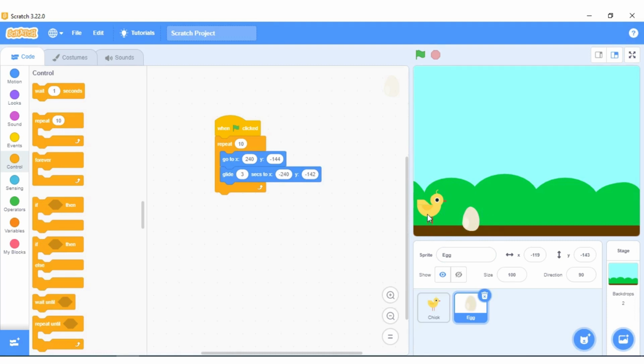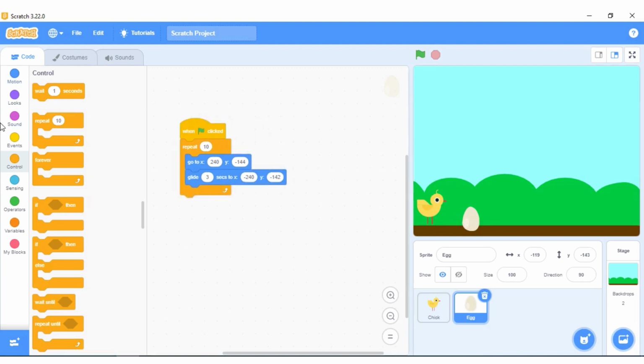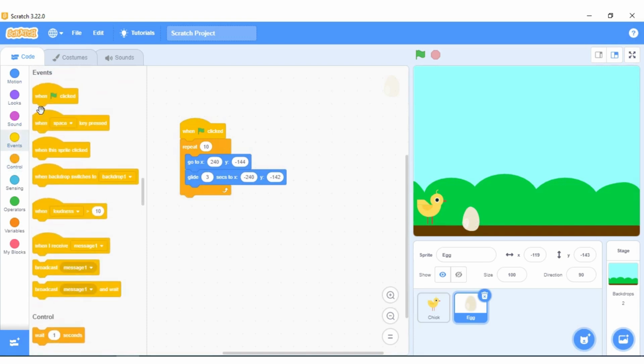Also, if the chick sprite manages to successfully dodge this egg, then we will be adding a score variable where the successful attempts by the chick sprite to dodge the egg would be stored. So first, let's see how we can code to check whether the chick sprite is touching the egg sprite. For this, we will again go to the events menu and select the when green flag